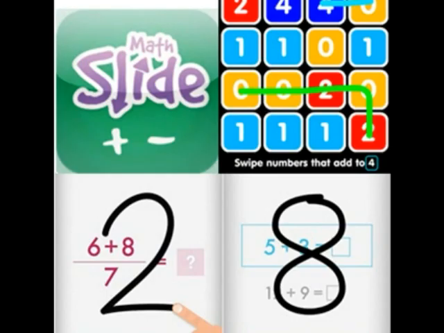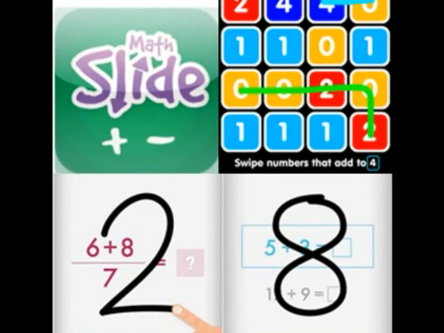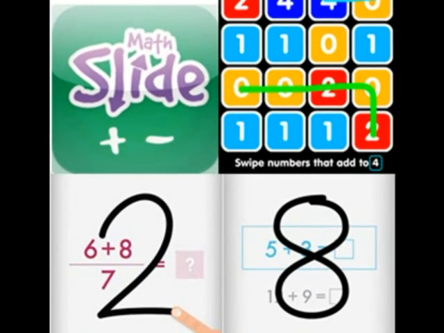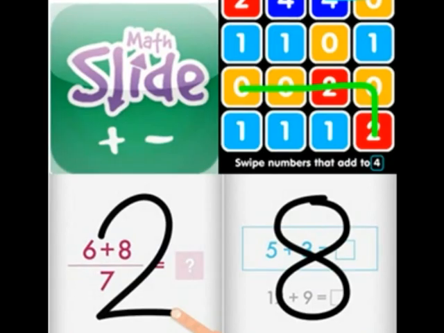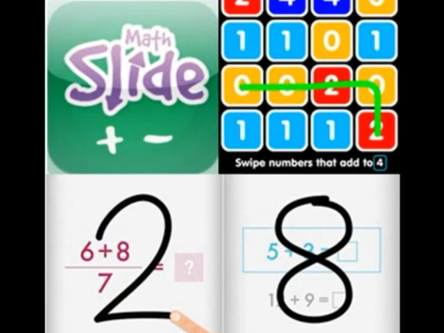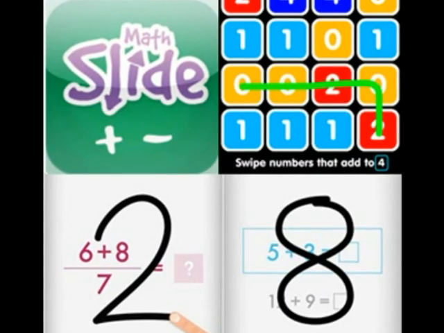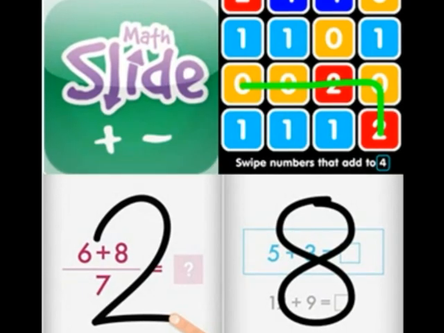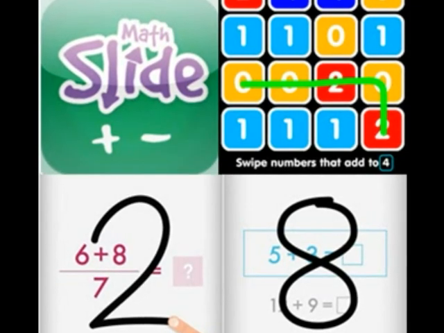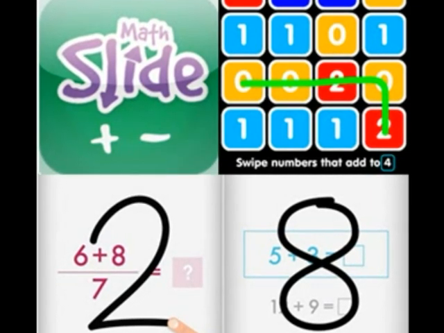I'm also lucky enough to have iPads in the classroom, and when students are working hard, I'm going to allow for them to do some math games. Some applications that we're going to be using are called Math Slide, which is a multiplayer game where students are able to put the answer to the question in the middle of the screen the quickest. Quick Math, which is a single-player application that allows for students to write on the screen the answer to the given problem. Students are able to work at their own pace.